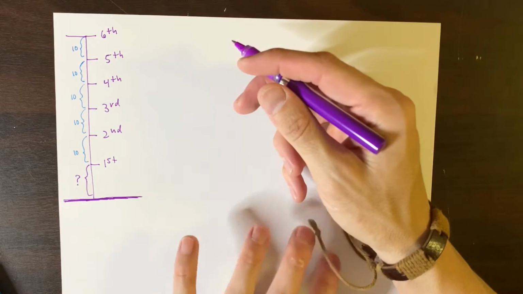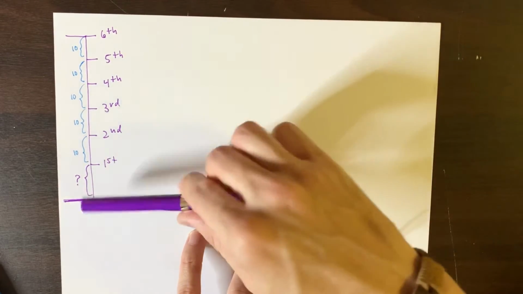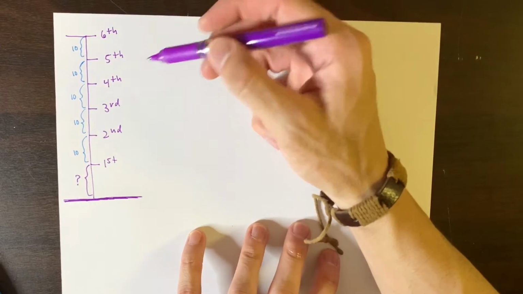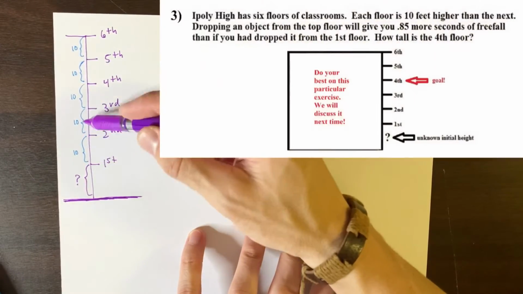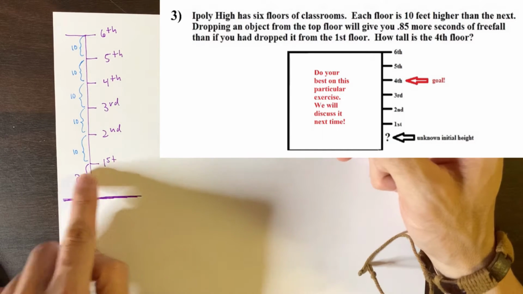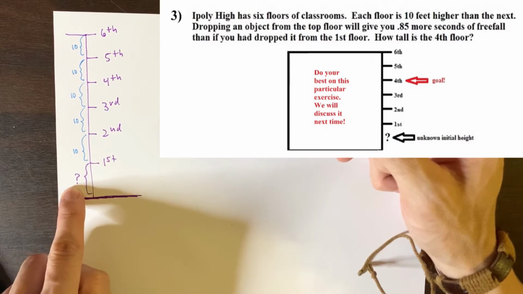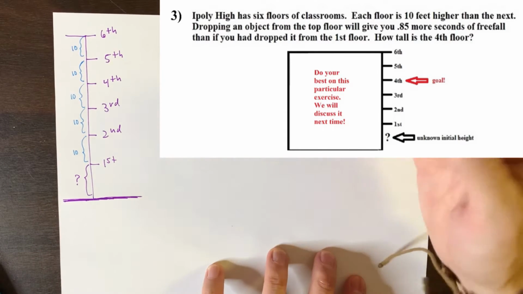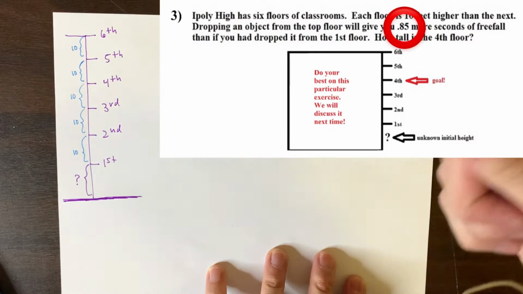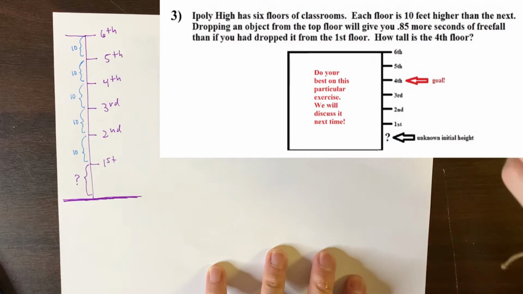So for homework number 7, problem number 3, the model looks something like this, where we have 6 different ledges, and between each ledge, there's 10 feet of separation. However, between the ground and the first ledge, we do not know that height at all. We do know that jumping from here gives you 0.85 more seconds of drop time than if you had dropped